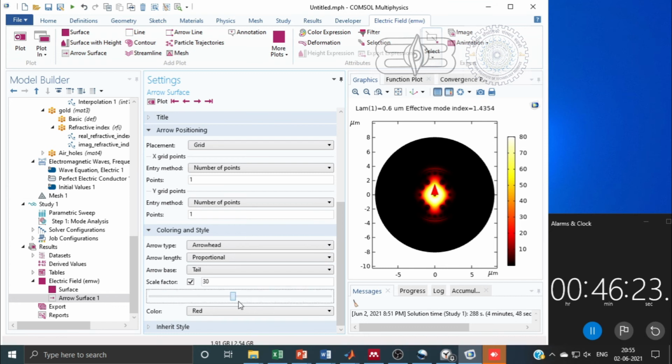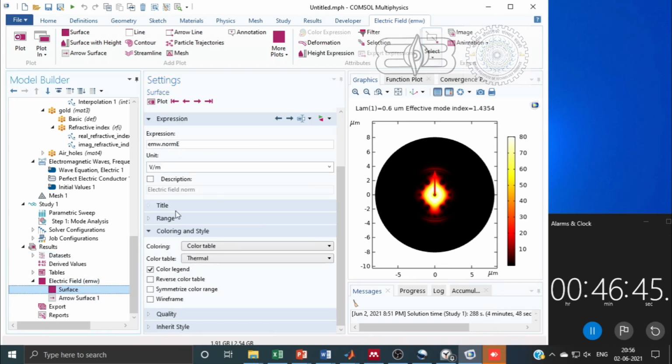By changing arrow type to arrowhead, we can see only the head, so this is also not the best way for representation. So I'm going to change it to arrow. See, now we can see a better, more clear arrow. So we can adjust its amplitude also.